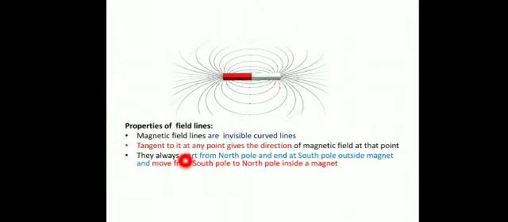So magnetic lines of force always move from the north pole to the south pole outside the magnet, and inside they move in the opposite direction to form a closed path. Very, very important. Then they form a closed loop. Like I said, all these magnetic field lines always form a closed path through the bar magnet. They have to move to form that closed path. They never intersect each other. Two magnetic field lines never cross each other.